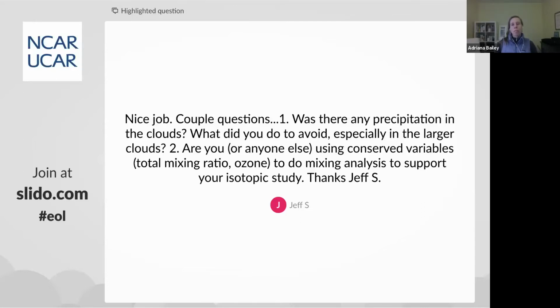With all of these tracers, you have to be aware of what the sinks and sources are. The nice thing about the isotope ratios is that in the diagrams I showed, we can pretty clearly distinguish what's changing because of precipitation and what's changing because of a mixing process. So hopefully that answers your questions.